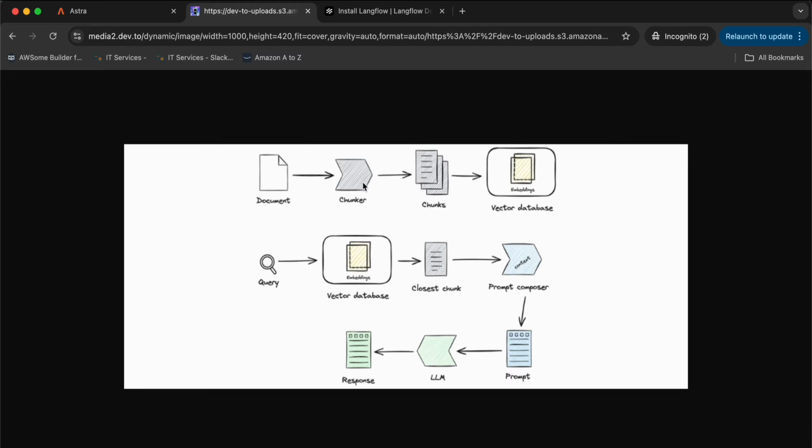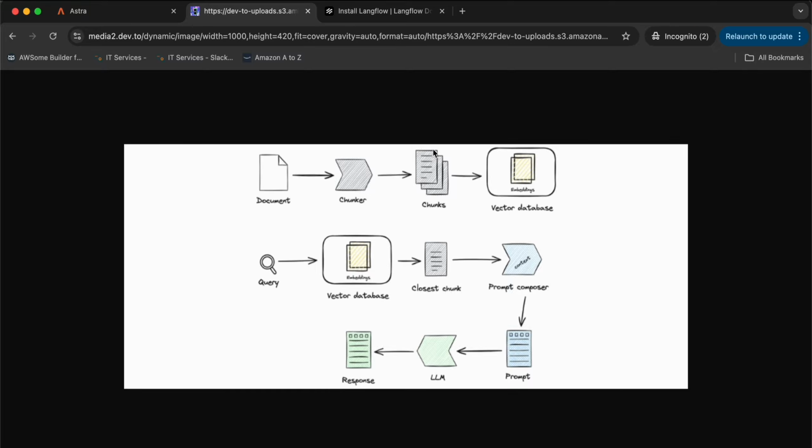But what a chunker does is split your document into multiple chunks based on, let's say, your requirement, whether you want to split per, let's say, 1,000 tokens. Let's say one token is 4 characters, means split per 4,000 characters, or some other strategy that can be thought of, right? And after the document is split into chunks, each chunk will be vectorized using an embedding model. To explain a bit about the embedding model, it will take your text, or in this case the chunk of the document, and convert it into a vector.